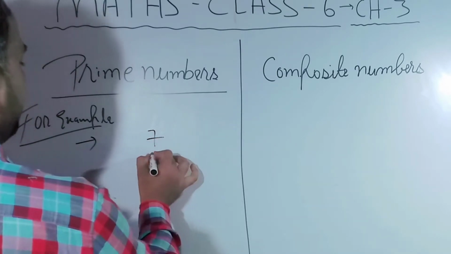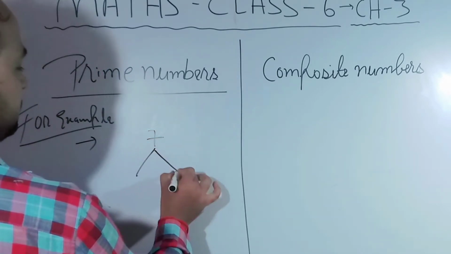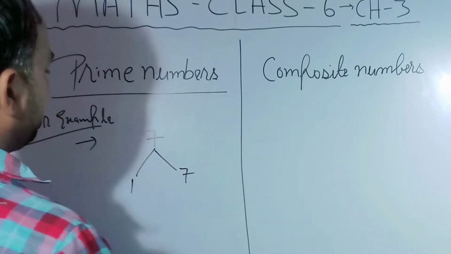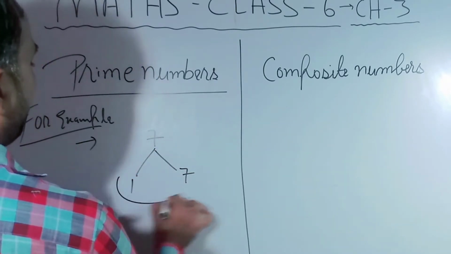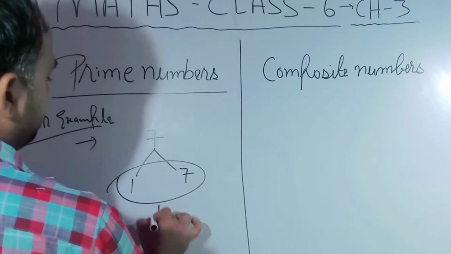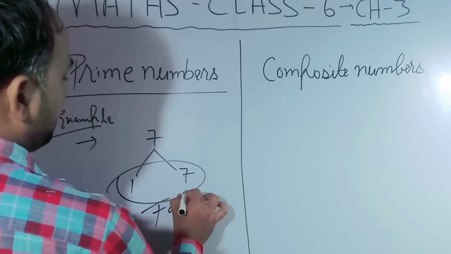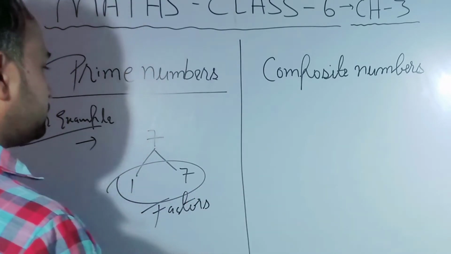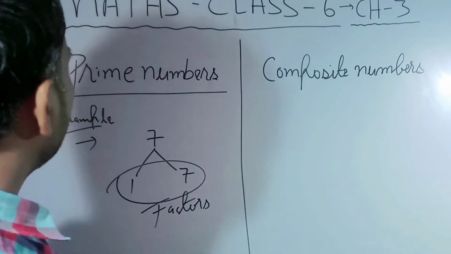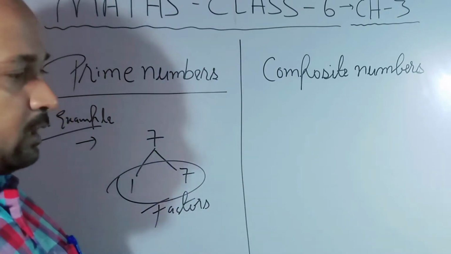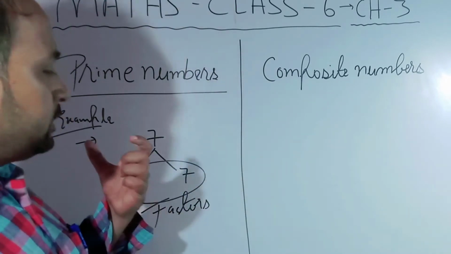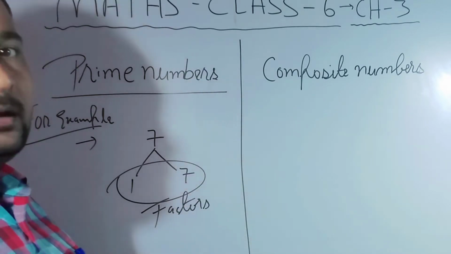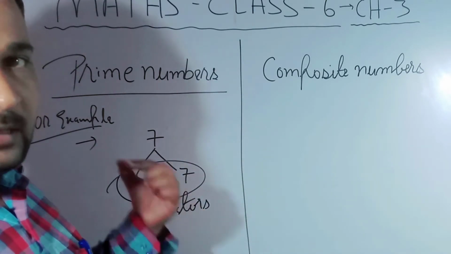It will have only two factors: the number itself and 1. Only two factors. So in simple language, which number is having only two factors, 1 and the number itself, that number is